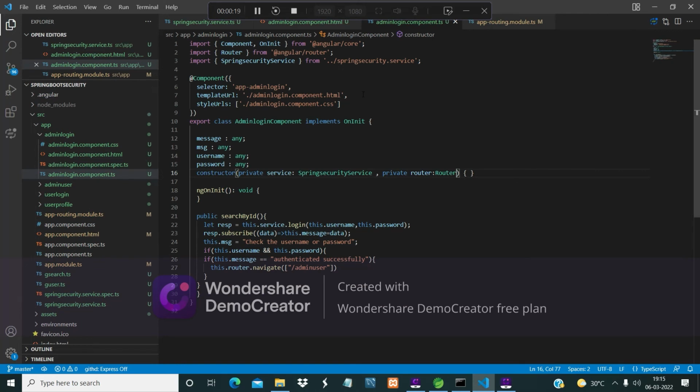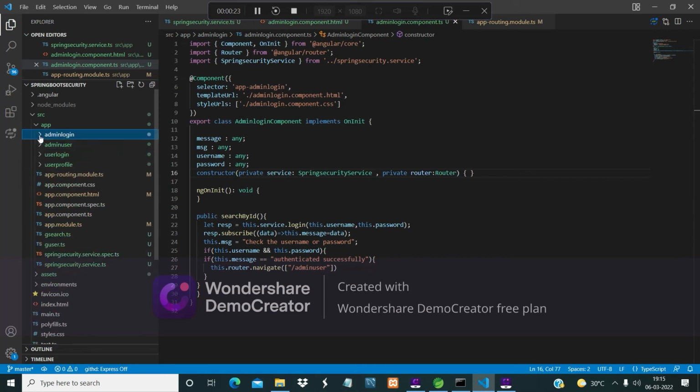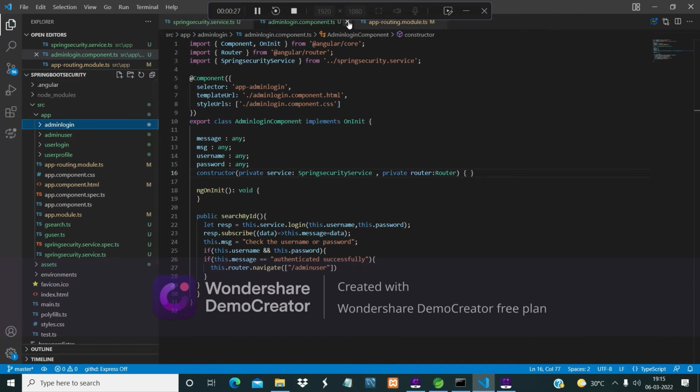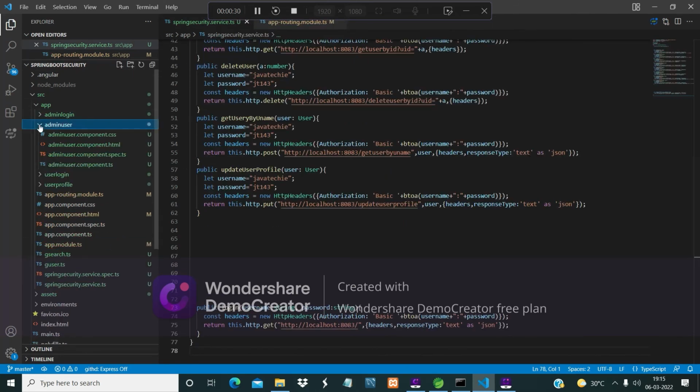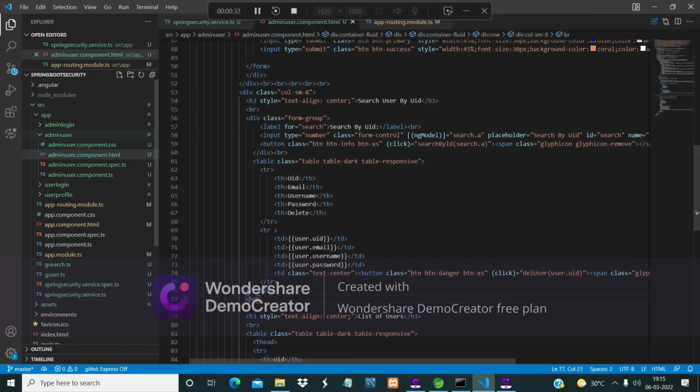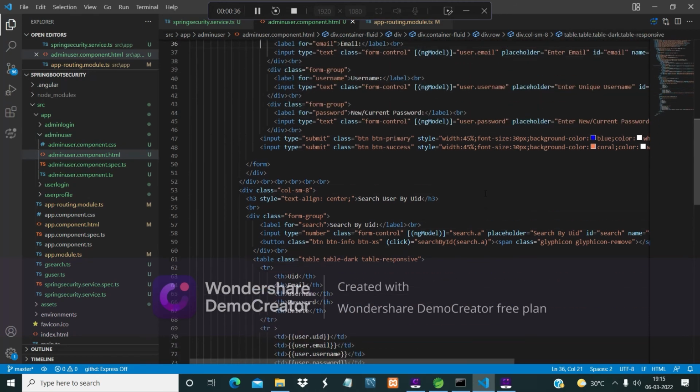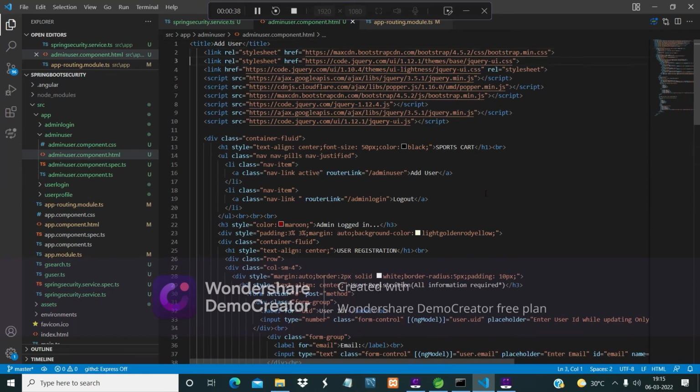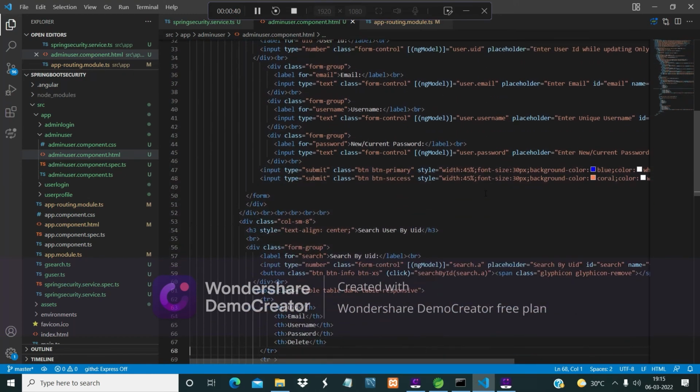This is the code how it looks like. Then I have added the code to the admin user component.ts, component.html. This is a sample program, a sample demonstration.